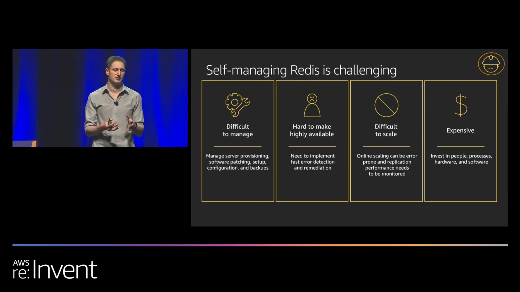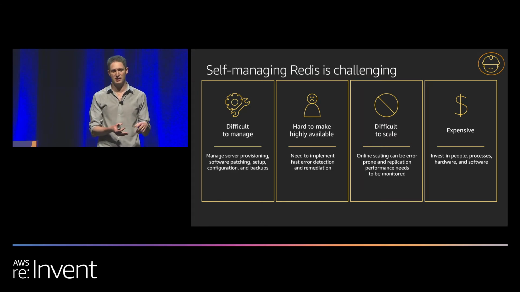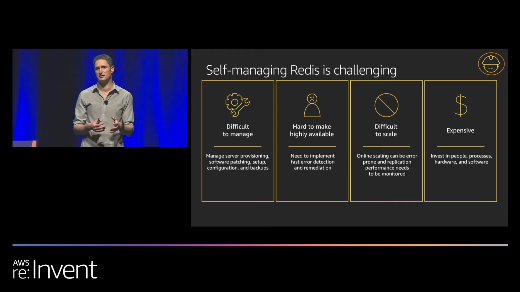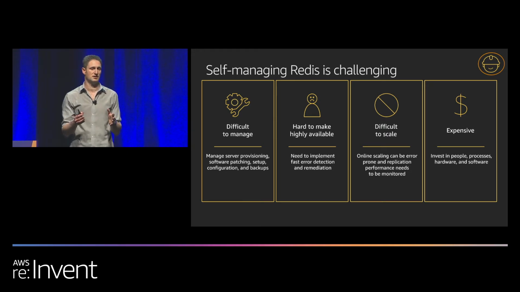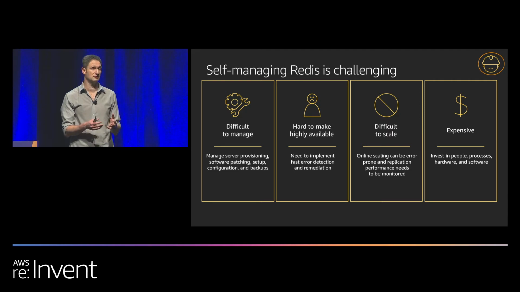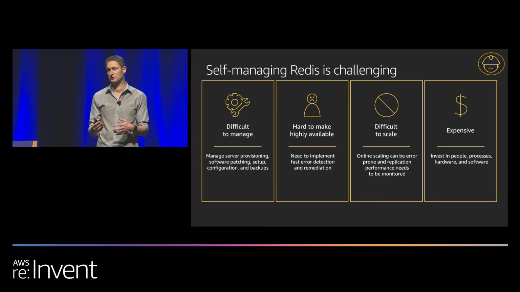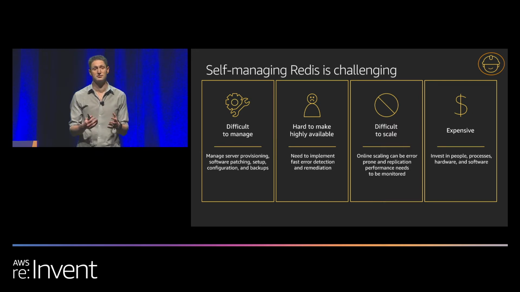So why is it hard to manage Redis? Because you have to take care of a lot of things. You have to do all the OS patching and software upgrades and configuration management and the daily snapshots. And it's really hard to have high availability, because you need a monitoring plane, and you need to make sure it's available across multiple availability zones. And you need to have failover workflows. And it's hard to scale, both vertically and horizontally. If you do this manually, there's a lot of things that can go wrong, and it's very error-prone if you don't do this correctly. So you would need to do all of this.